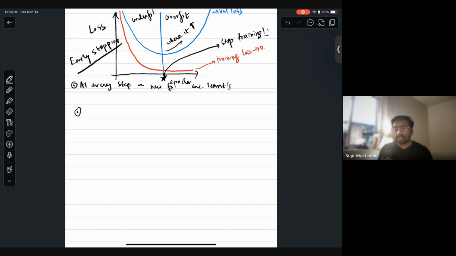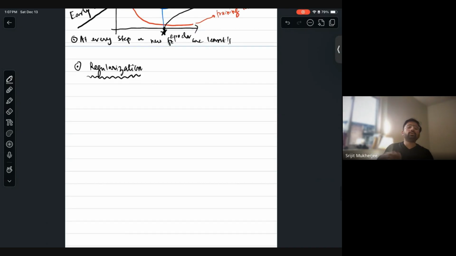So there are other methods taken. Let me see if I'm covering everything. Cross validation, bias. So the final technique that is done is regularization. So what is regularization? Regularization is,